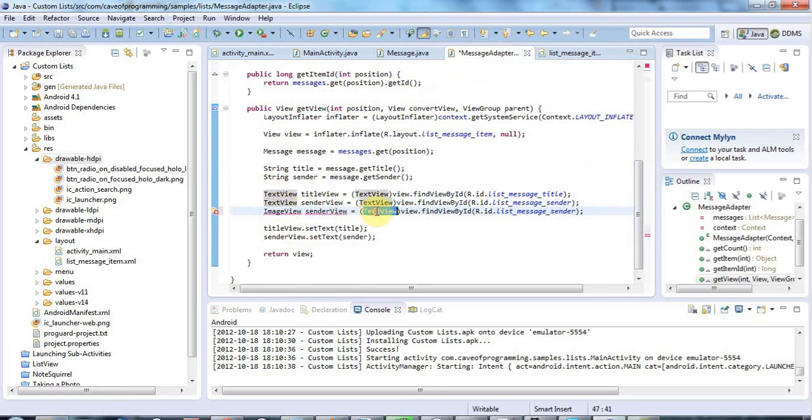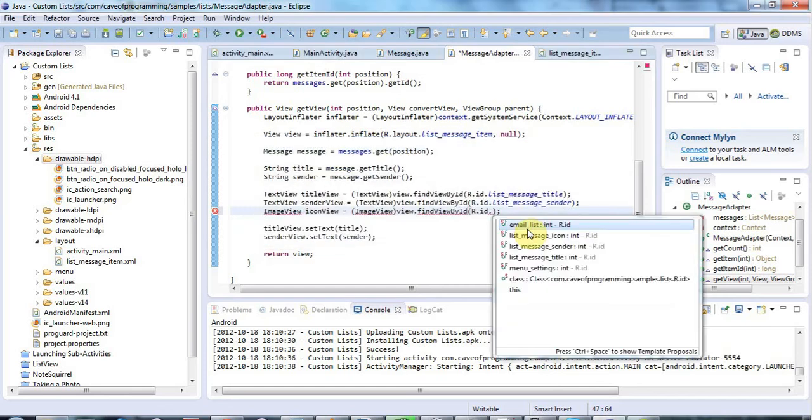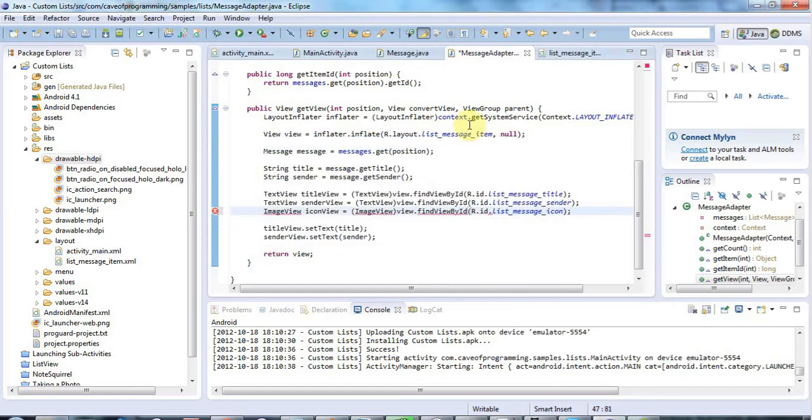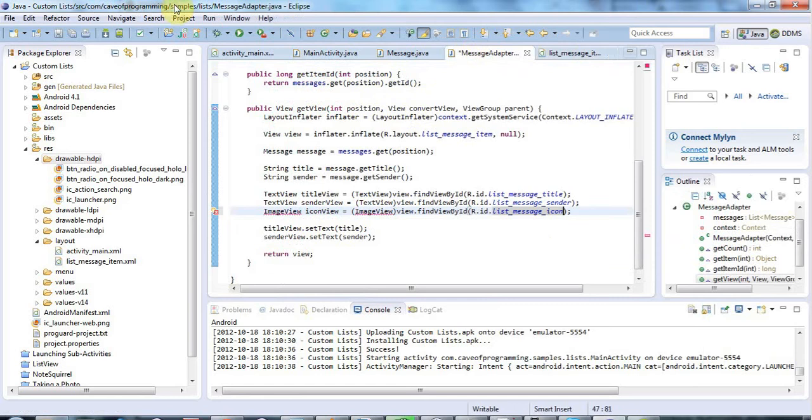an image view, and let's call that icon view, and let's change this to R.id dot, and Eclipse is complaining again, but here we go, list message icon. So that's the ID of my image view in this list here. So I'll save that and add the import for image view there, Control-Shift-O, and now let's say here we need